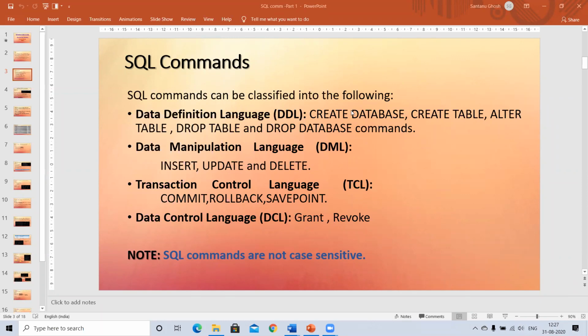The commands are create database, create table, alter table structure. Mind you, it does not talk about alteration of the records or values. It just talks about alteration of the table schema, the structure of the table, that is the fields and the specifications. Then dropping or deleting completely the table and the database.